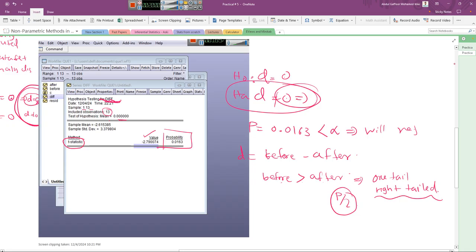Now here, if we consider our HA as before is greater than after, then we will get this P by 2 as the probability value. So now let's consider this, right? P by 2 means that now P1 is equal to, for this alternative hypothesis, we have to check our P value. So P by 2 means 0.0163 divided by 2, that is equal to 0.0083, right? So now again this P value is less than our alpha value, so we will reject H naught,